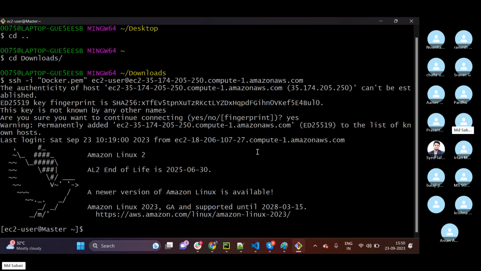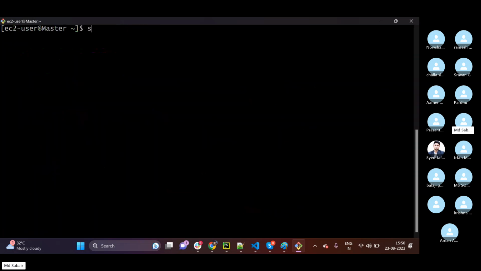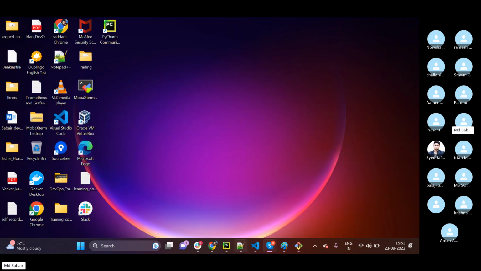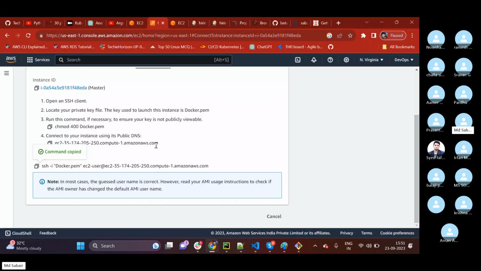So ArgoCD will follow the GitOps principles. Okay, so this is my master: kubectl get ns. Here you can see one namespace is already created. I created this 20 hours ago, means yesterday. So how did I create it? I executed this command,